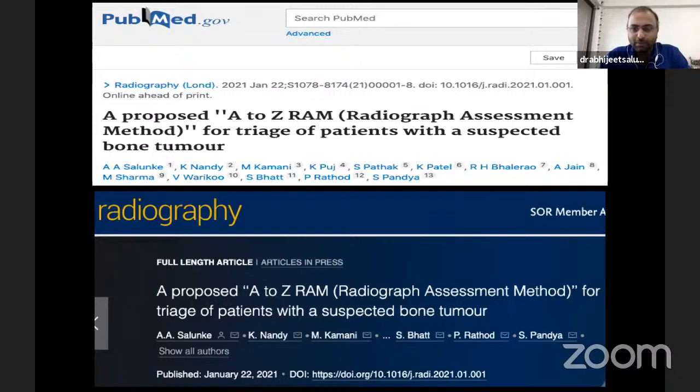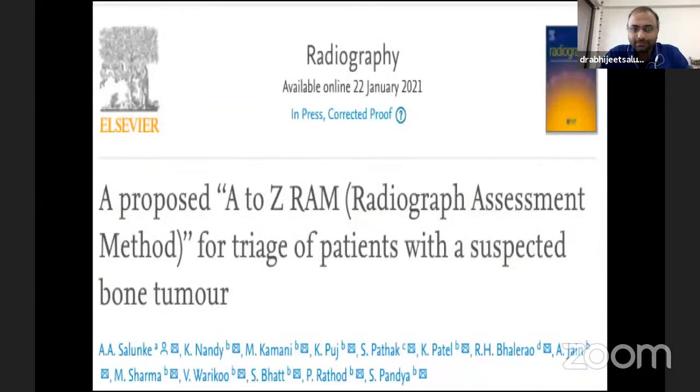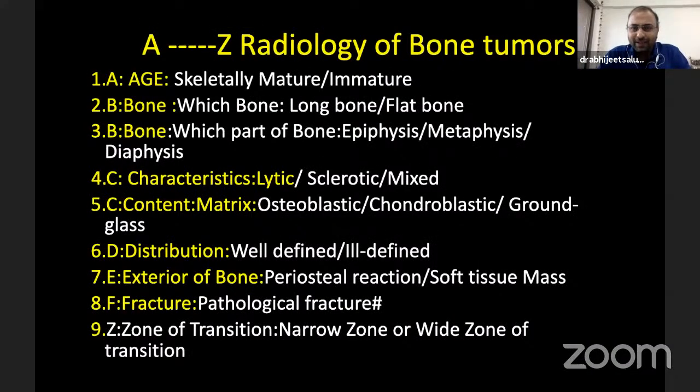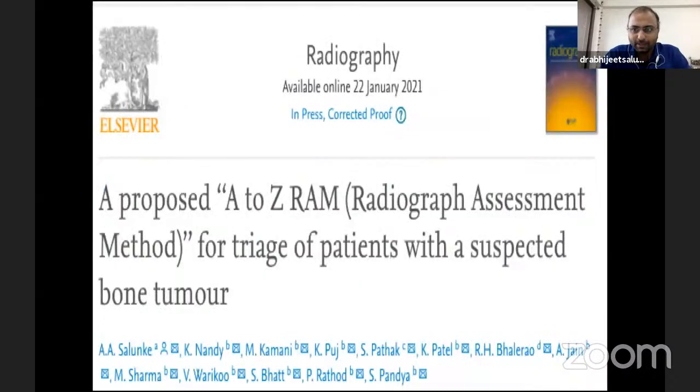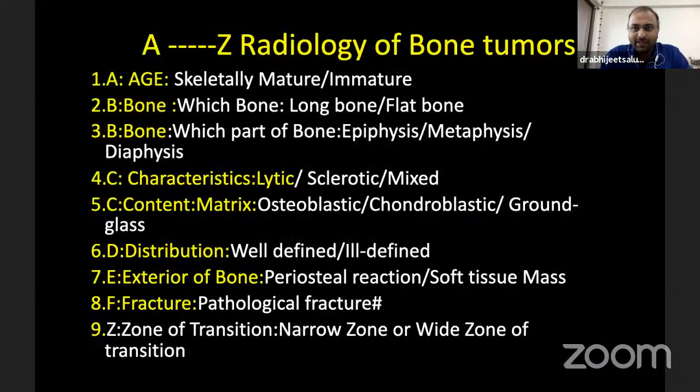Last month only it got published. So we'll be discussing all the things on which it was based, why this paper was published, and what was the idea behind it. We will be classifying all these things: age, gender, single, multiple, location on the skeleton, periosteal reaction, border, destruction, into a simple formula-like thing, which will be difficult to miss in a busy OPD, and should not be missed by any resident. If any orthopedic residents or oncology residents are seeing our lecture, it will be very useful for them for their examination purpose, to pass the exam, and for the clinicians,